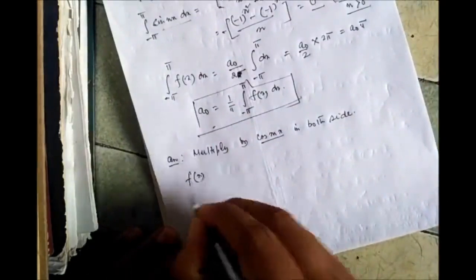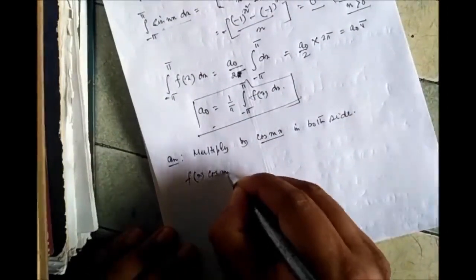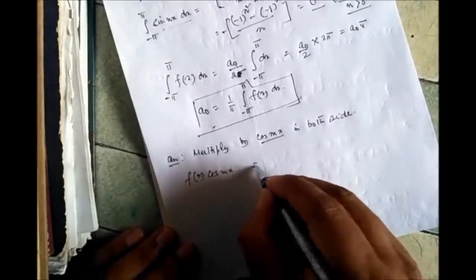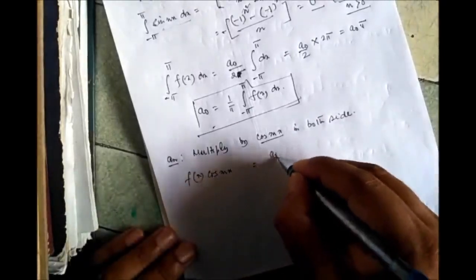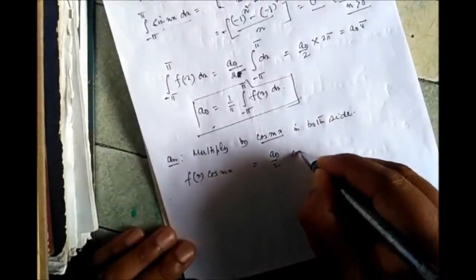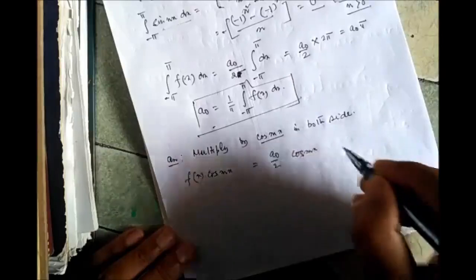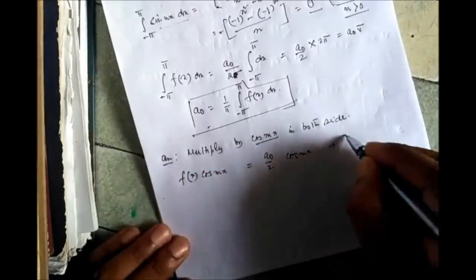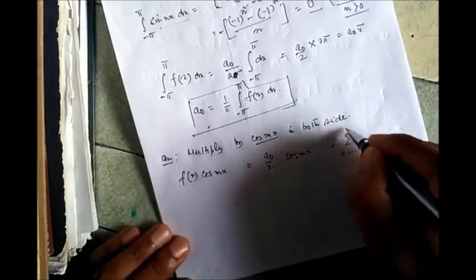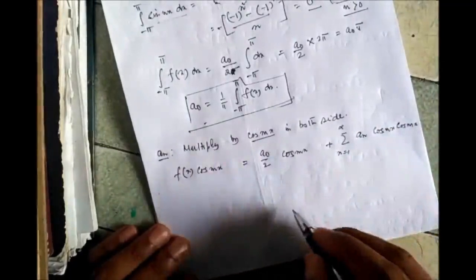So what I get? f(x) cos mx equals a0 by 2 cos mx plus an cos nx into cos mx plus